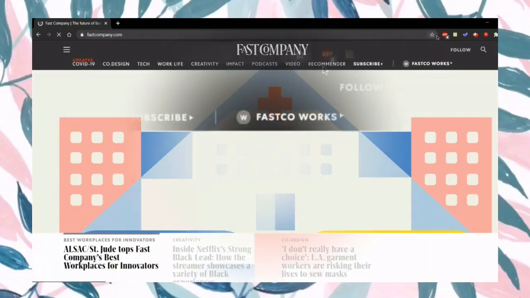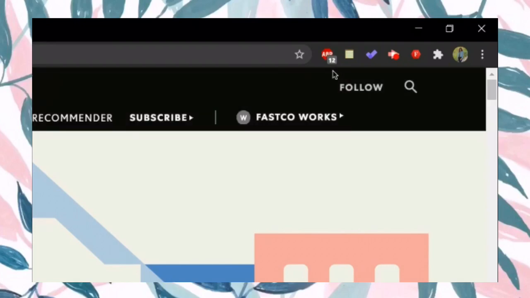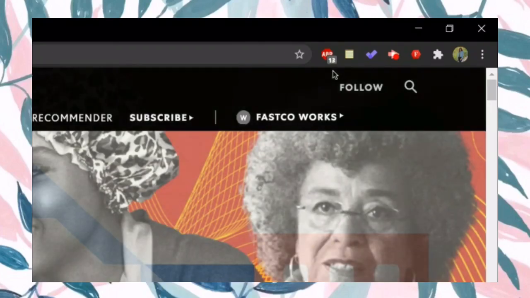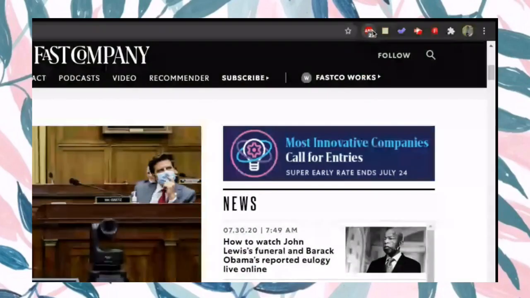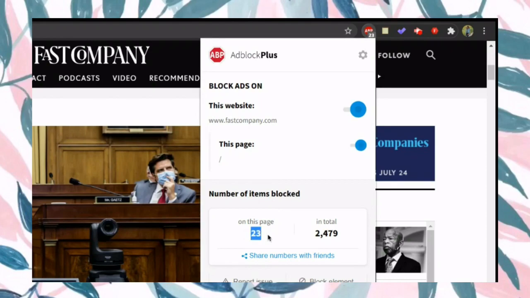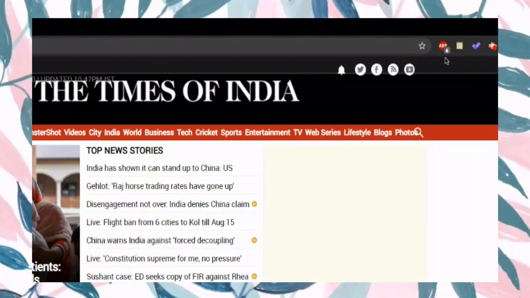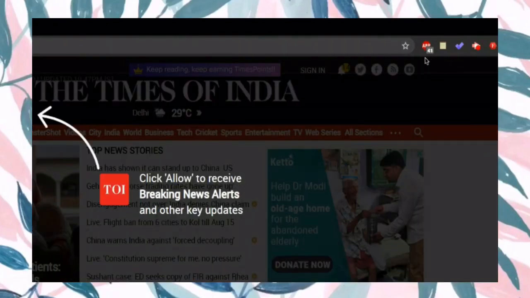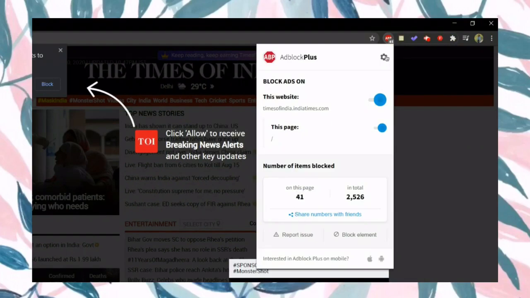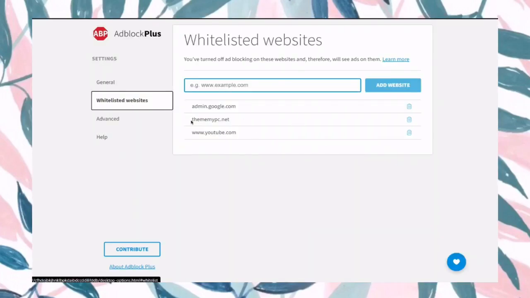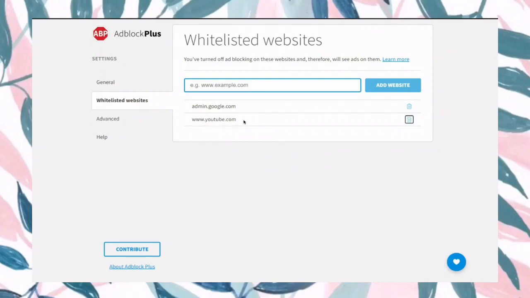As the name suggests, this extension blocks ads from all the websites you visit. It blocks annoying video ads and banners, pop-ups, and it also gives faster browsing experience as it blocks unnecessary resources from loading. As you can see, it shows the number of ads it has blocked on a particular website and the total number of ads blocked in general. Click on the ABP icon to see how many ads have been blocked. You can customize its features by whitelisting the sites you want to receive ads from.